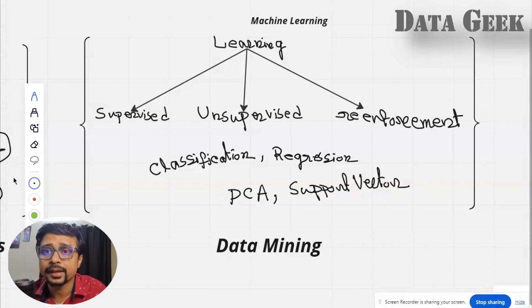AI is basically when, using all this understanding, you create a system, a software, an application. Suppose for this credit card analysis, using all these concepts, you created an application that tells you yes or no. This application will be called an AI application.